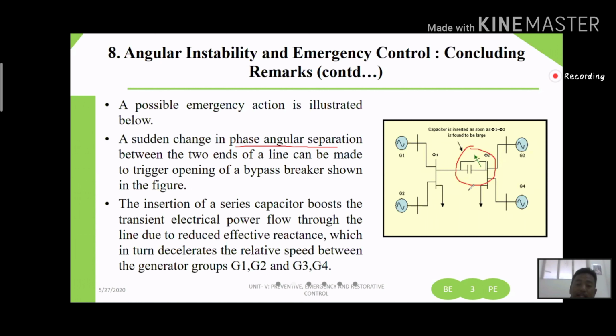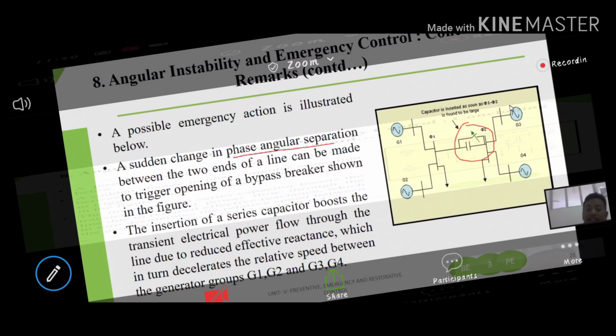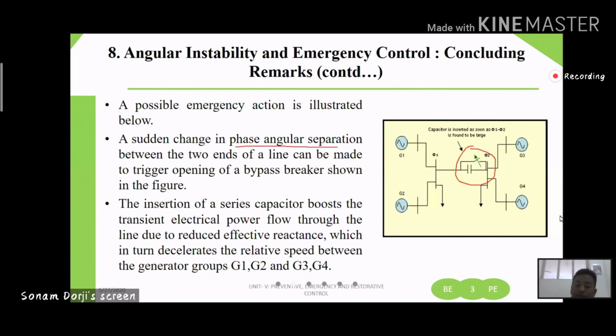Why we are installing the capacitor is to boost the transient electrical power flow through the line to reduce the effective reactance. So it will reduce the effective reactance, and then it will boost the electrical power flow in the transient state, and which it will